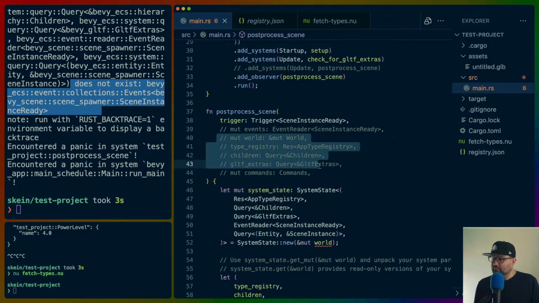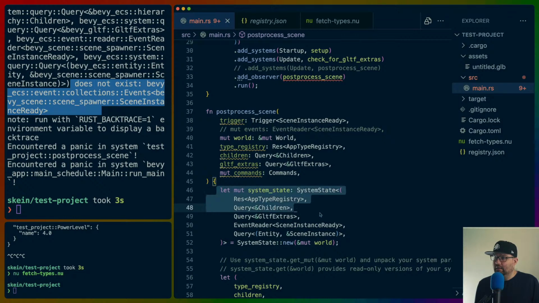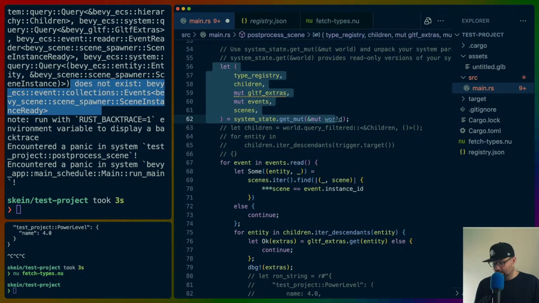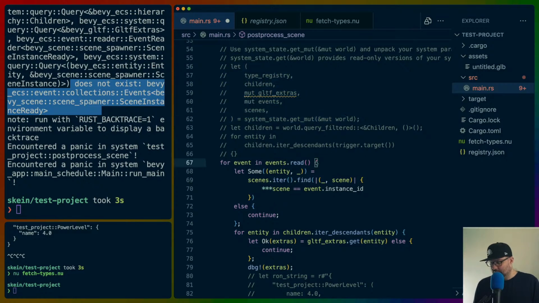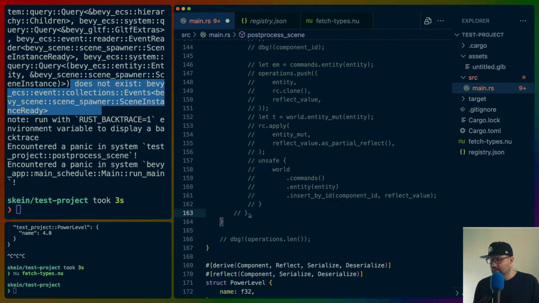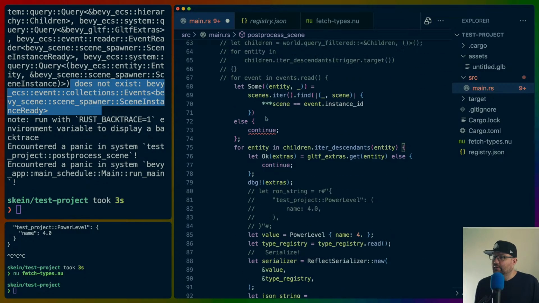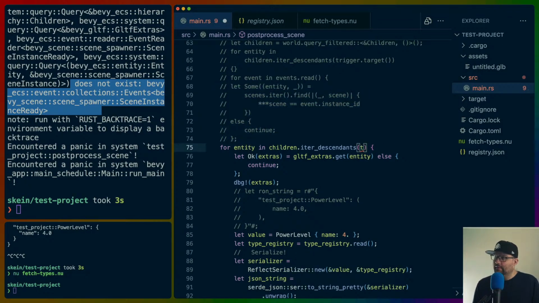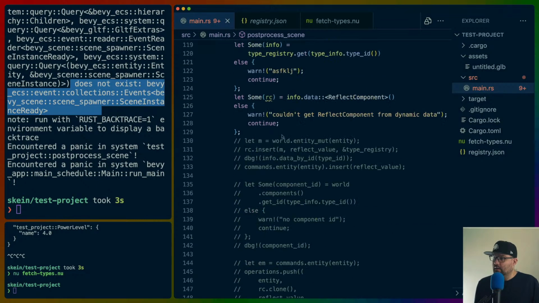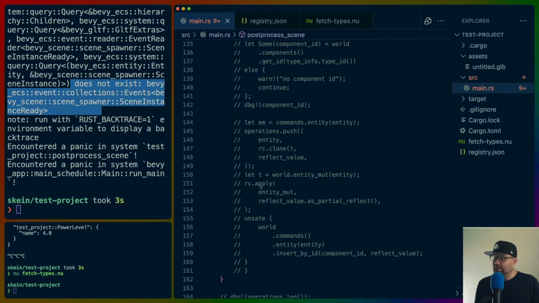Post-process scene. We grab all of the stuff we need. I'm just going to comment out the system state stuff for now, rather than completely getting rid of it. As well as the event. And then this as well. And this is trigger dot target. Yada, yada, yada. All of this works. And then